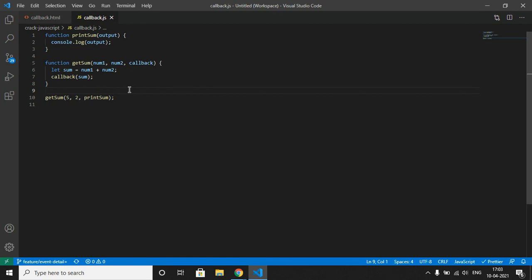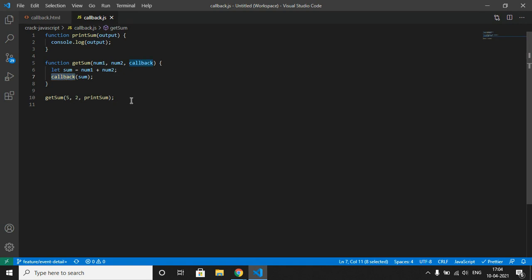However, there are some cases where code runs after something else happens and not sequentially, and this is called asynchronous programming.